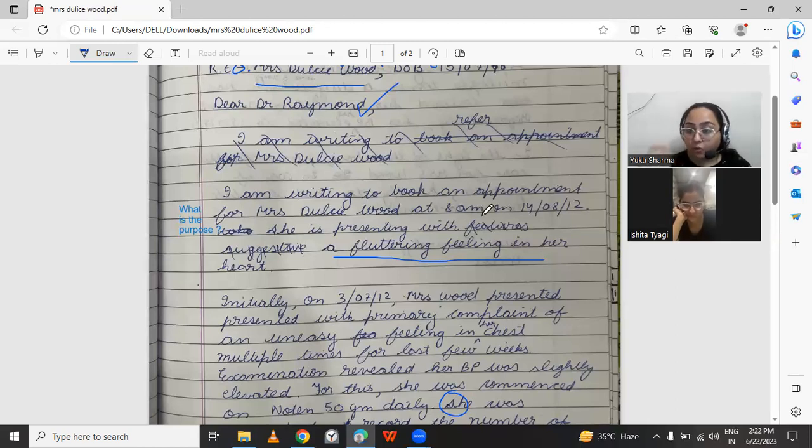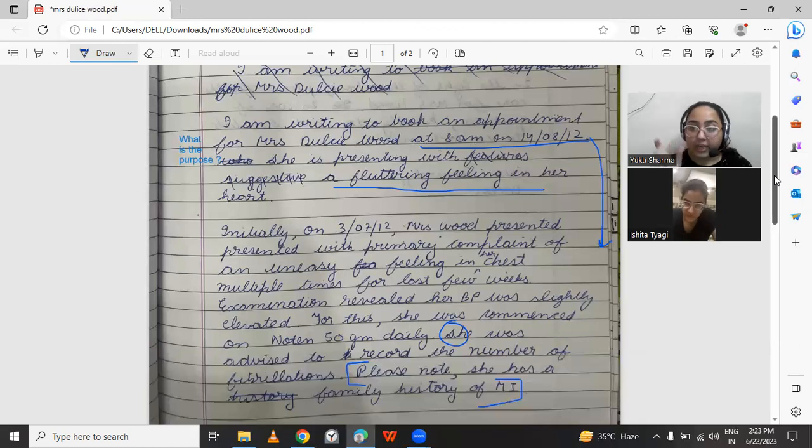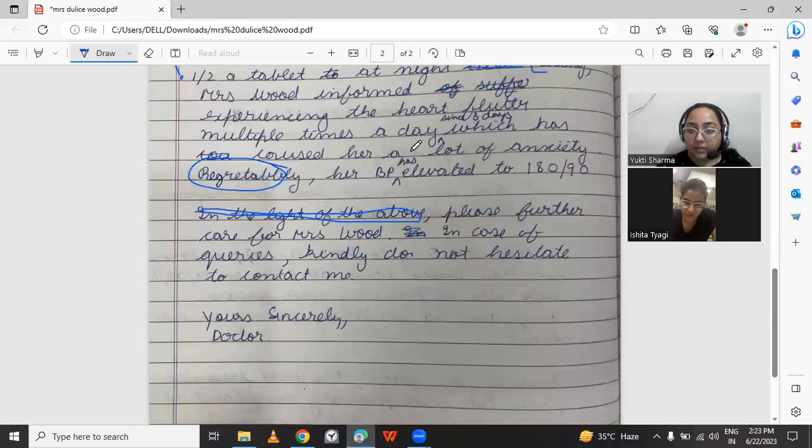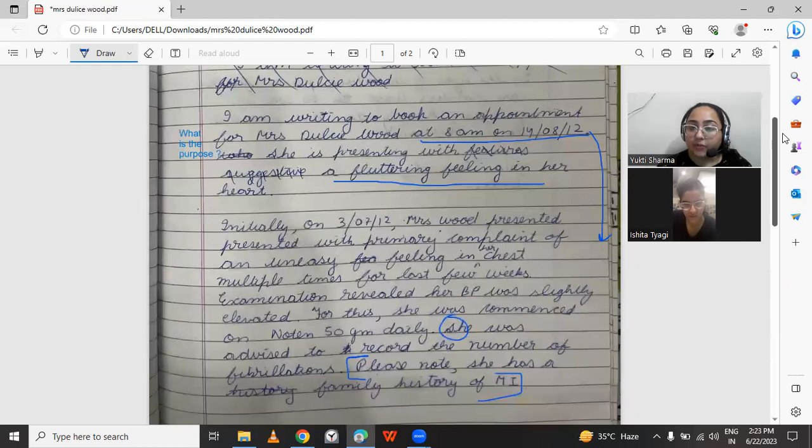So, if I want to modify, this is just what you have written. I have told you what to add in here and what to change. If you want to memorize that, then in that case, you can leave this 8 a.m. on 14th. Why? Because you can write that later. We write the request twice. First, we write it in the intro paragraph, and then we write it at the end. So in this case, what you can do is this 8 a.m. and 14th of August can go in the last paragraph with the request, and the intro can be